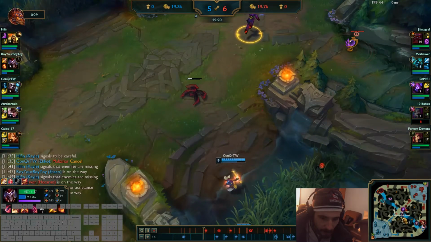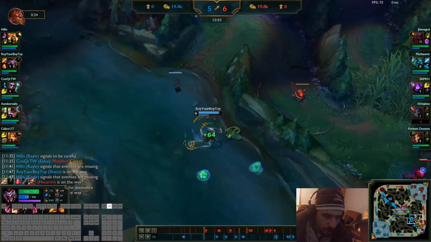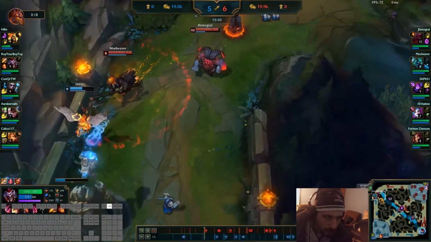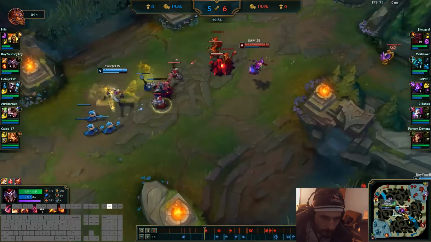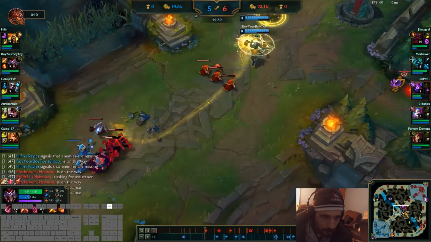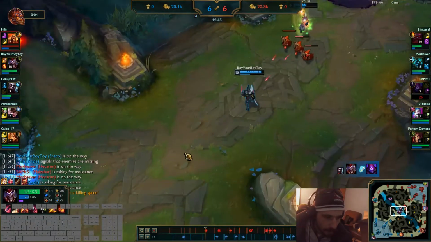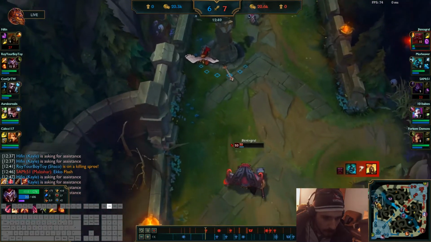I think I hit mid again. You'll notice these are ganks of convenience. Sometimes you have to really force gank setups. But that was my Scorch that finished him off. That rune has gotten me way more kills than...